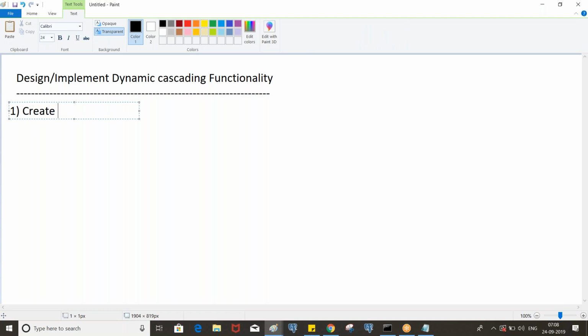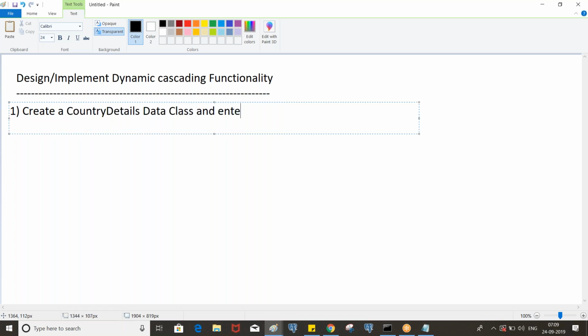Create a country details data class, and enter the data or insert the data.